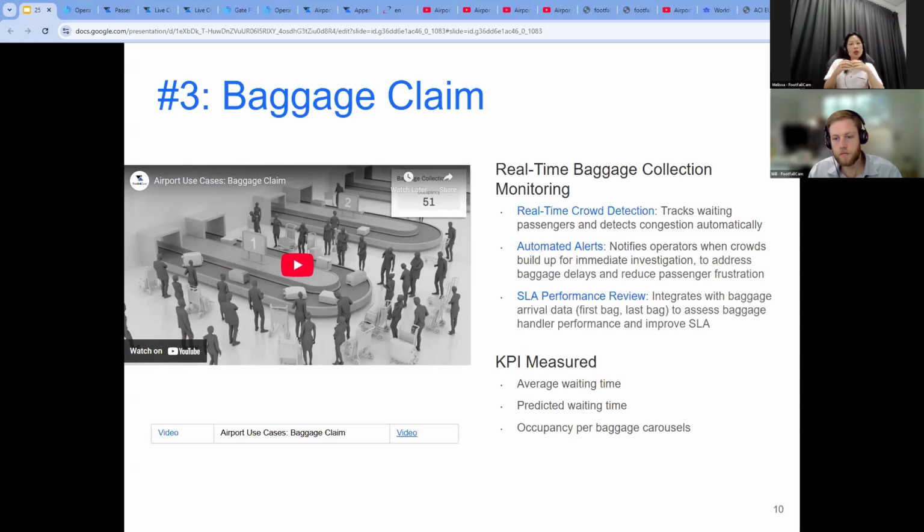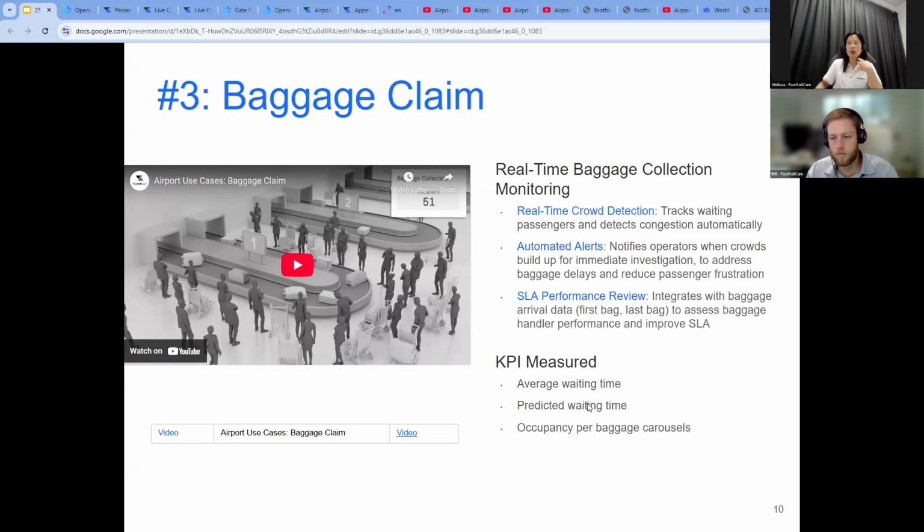So we also integrate with the baggage handling system to track the first bag and last bag delivery times. This enables SLA compliance monitoring and helps evaluate the ground handler performance. The KPI we measure is the average waiting time per passenger, the predicted waiting time based on the current